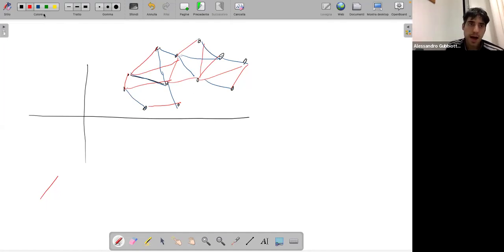And if they are directed either southeast or northwest, I paint them in blue. Then the Kendall's tau is simply the number of red edges, red segments, minus the number of blue edges,